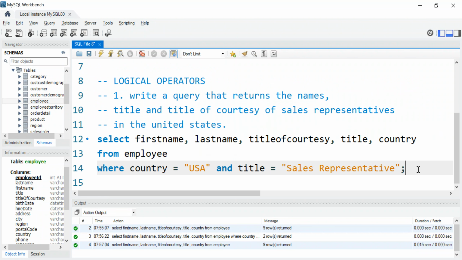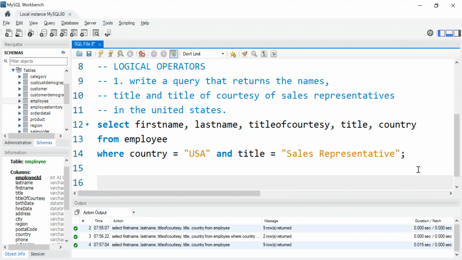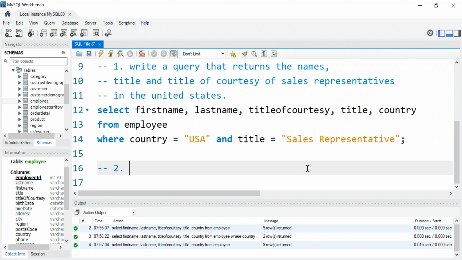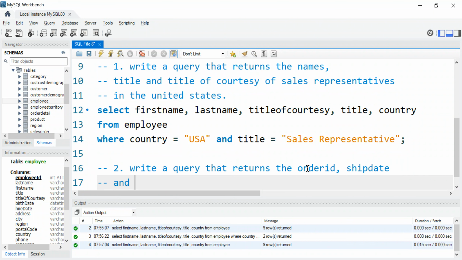Right. So let's take the second one. Let's take the second one too. And that is still going to be based on the AND clause. So we're going to say write a query that returns order ID, ship date, and